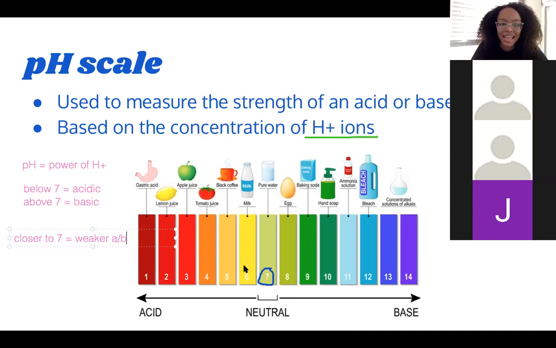For example, a pH of 6, that's technically an acid, but it's really close to 7. So it's going to be a weak acid. An example of that would be milk. Milk is a really weak acid. When you think of milk, you probably don't even think of it as being an acid because it is,